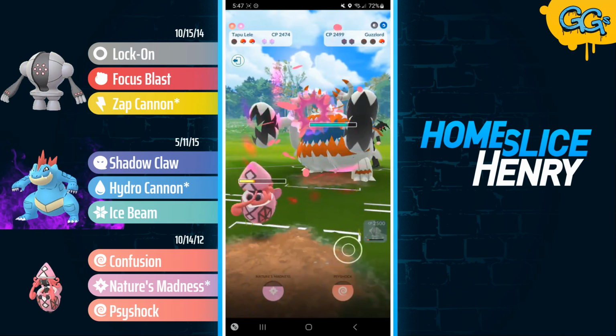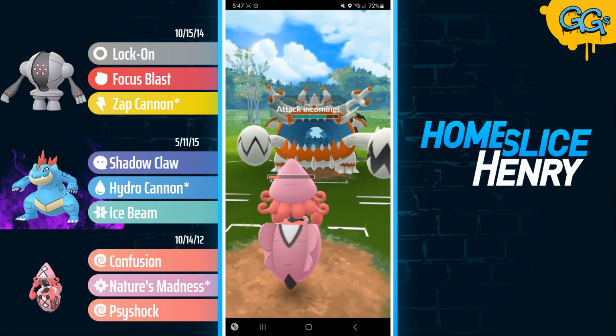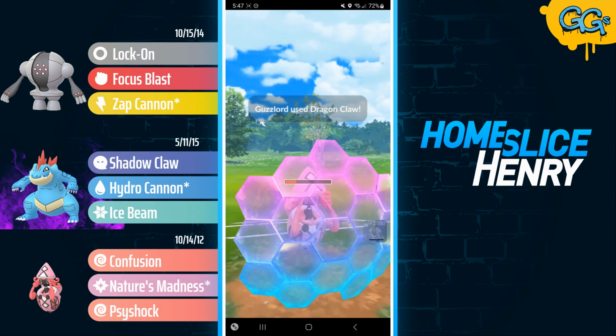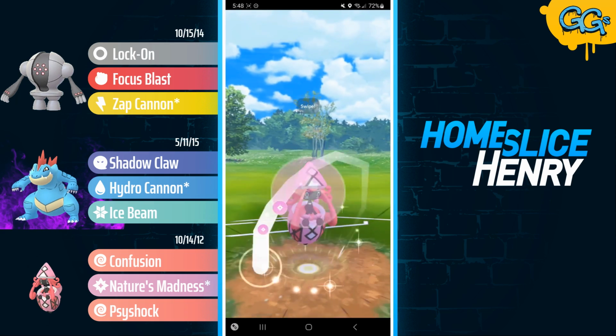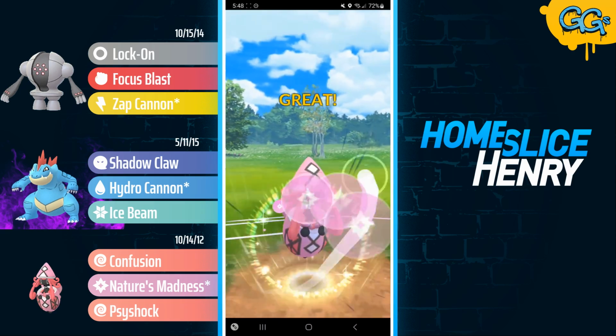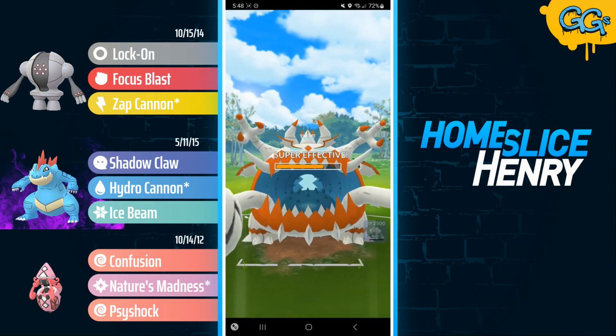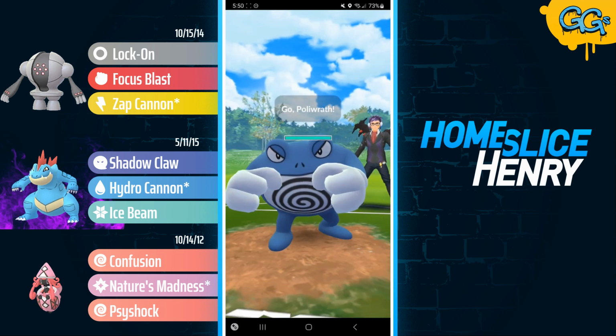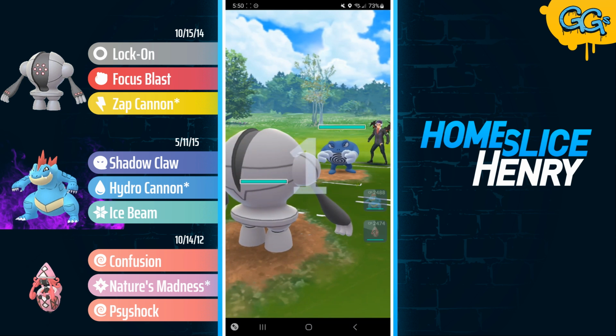In comes the Guzzlord. Guzzlord, the Dragon Tails are double resisted. It has no fast attack pressure here. They're firing off a charge attack, but I'm going to be able to make the Nature's Madness. This is double super effective damage, so this is going to be goodbye to the Guzzlord. So we do see the Tapu Lele being able to close, but it definitely needs like a shield advantage to